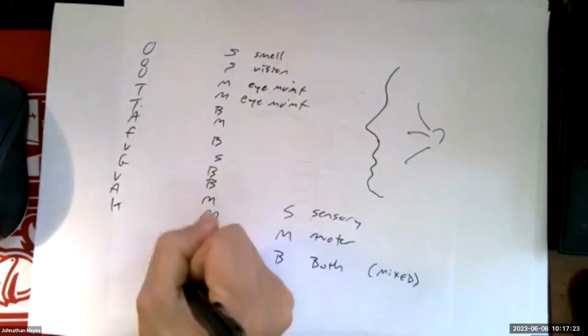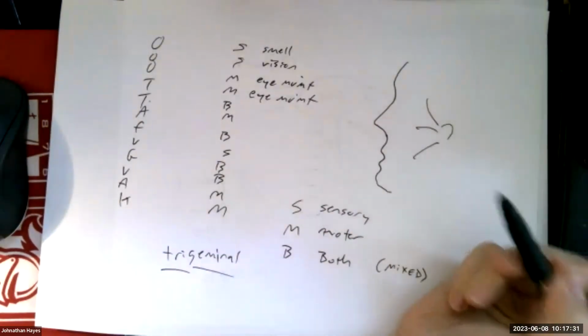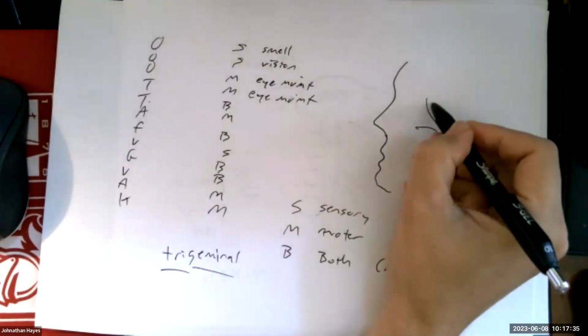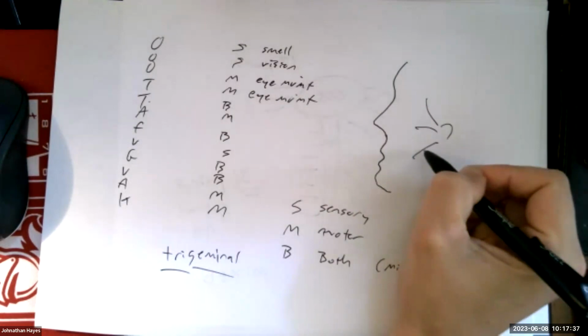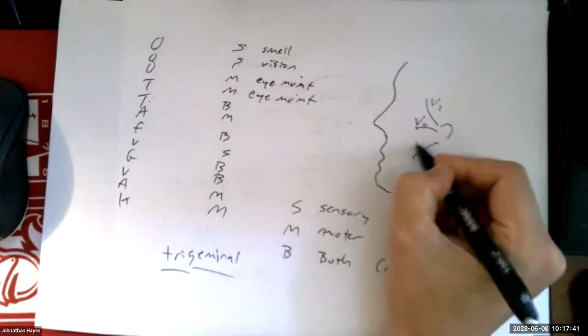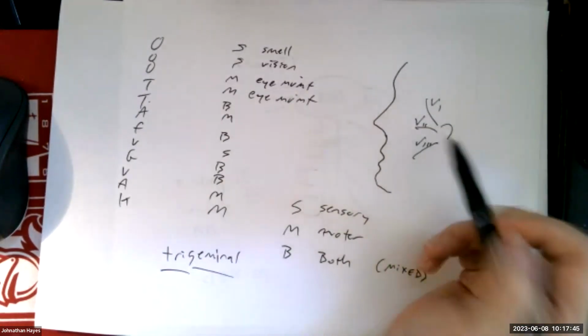So trigeminal, right? Gemini means twin, tri, 3, so triplets, right? You got these 3 branches that come out in front of the ear. So this is called the ophthalmic branch. That's called the maxillary branch. That's called the mandibular branch, or 5-1, 5-2, 5-3. And all parts of trigeminal nerve could pick up